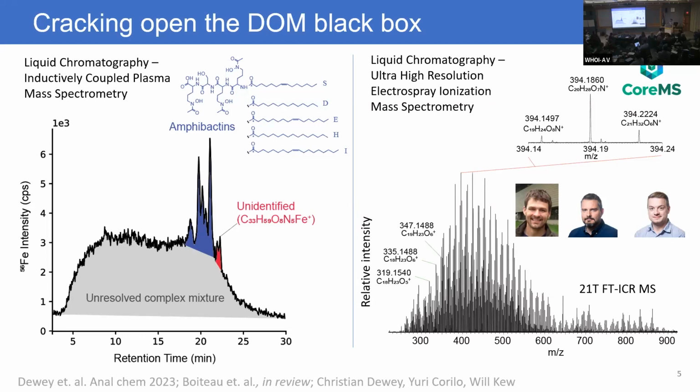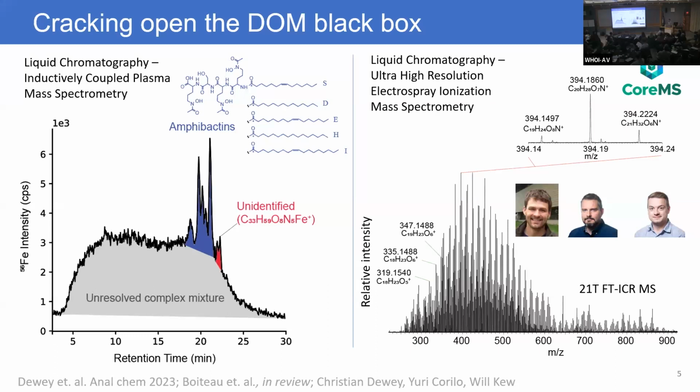And so we can start slicing up these chromatograms and quantify independently, instead of just bulk iron that's bound to these different forms. So this is a great technique for getting at absolute concentrations, but it doesn't tell us the identity of the molecules. To do that, we can take the same chromatography and couple it to ultra high resolution soft ionization mass spectrometry. Now, instead of just detecting the elements associated with organic matter, we're detecting the intact metal complex, intact organic molecules. And at every retention time, we get a spectra that has thousands and thousands of different molecules.